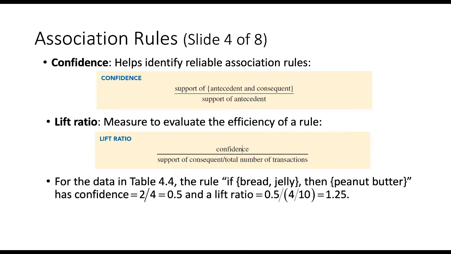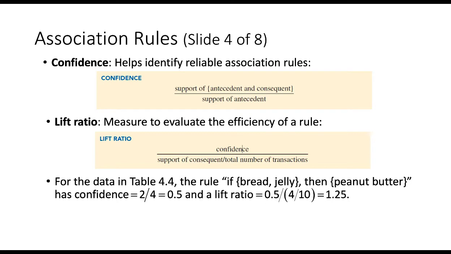We can see that if cheese and fruit in the previous table have a confidence of 1.0 or 100%, this is misleading because fruit is a frequent item, as it was purchased in 9 out of the 10 transactions. So the confidence of almost any rule with fruit as the consequent will be high. Therefore, to evaluate the efficiency of a rule, we compute the lift ratio of the rule by accounting for the frequency